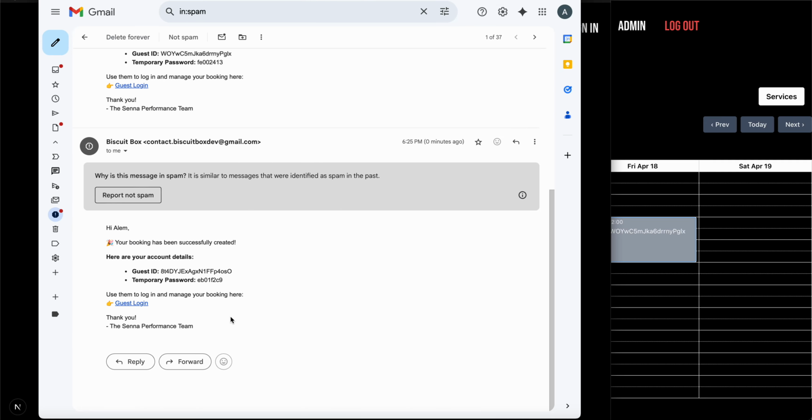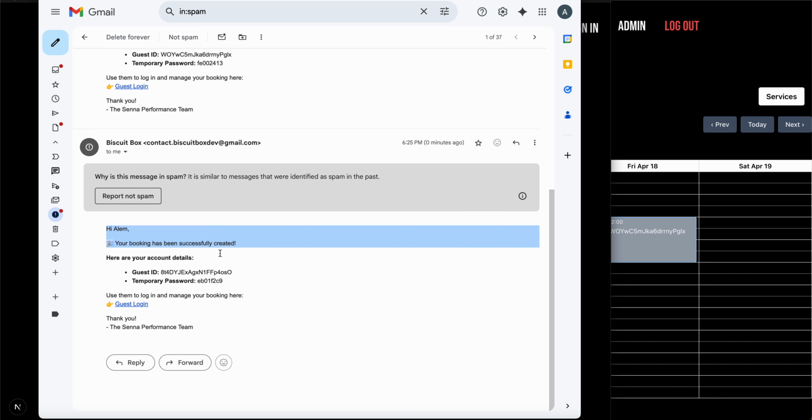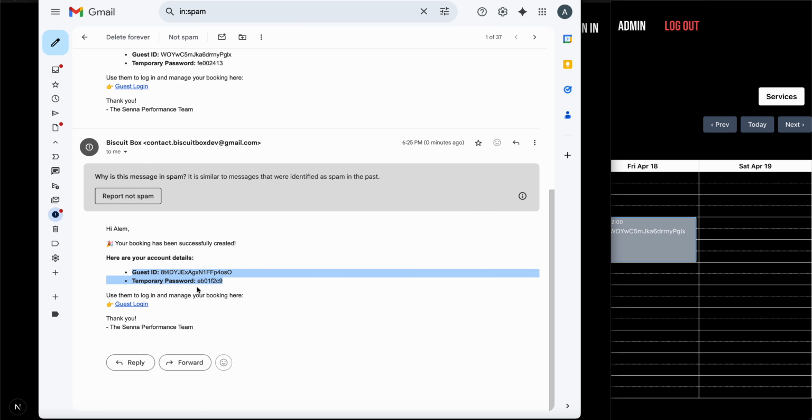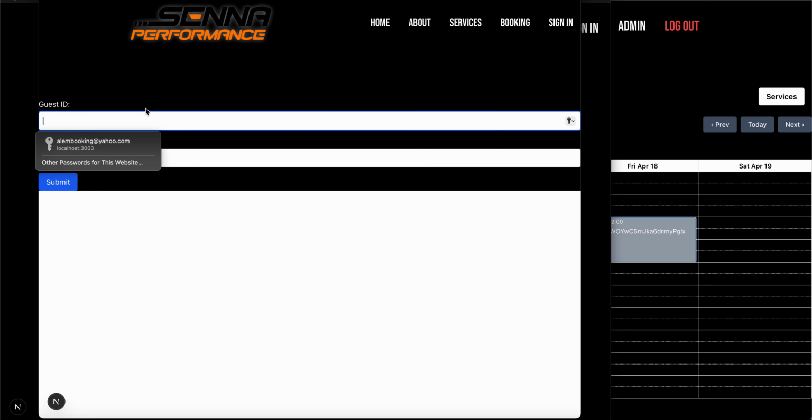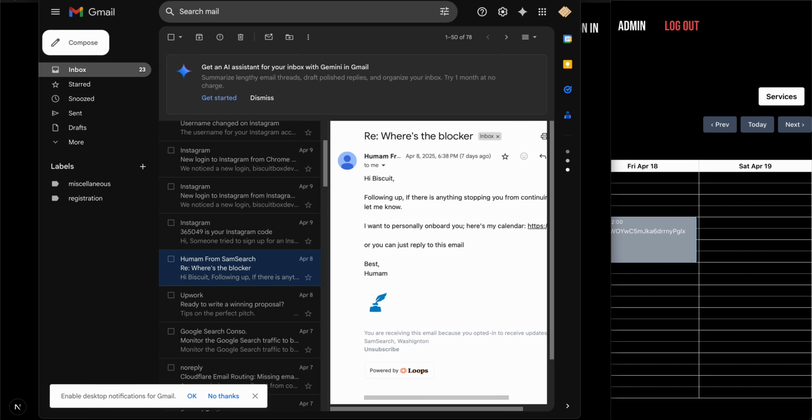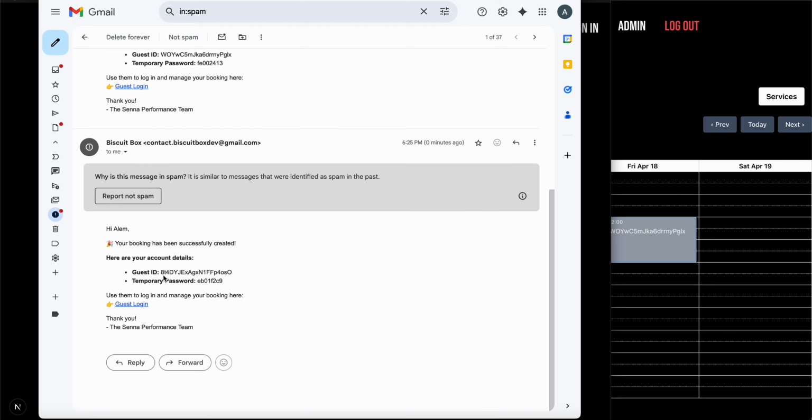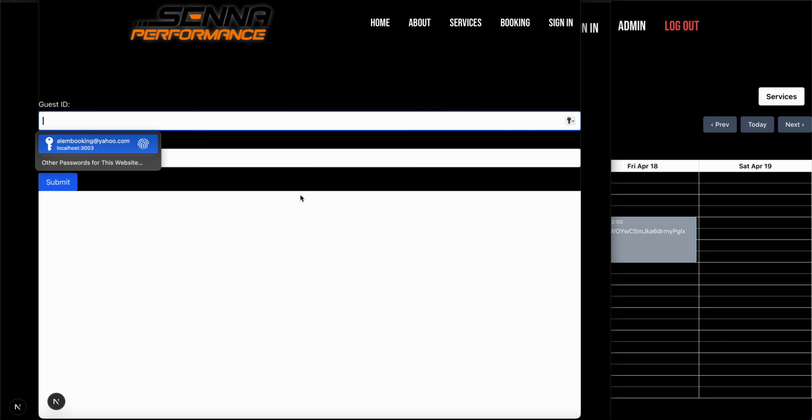So this is the email that they get. It basically says, hi LM, your booking has been successfully created. And then they have account details below, which is just their guest ID and their temporary password. This is used if they want to update or cancel their booking for whatever reason. So if I click on this link, it brings me to this page, which is the guest login page. Now if I take this and I go in here,